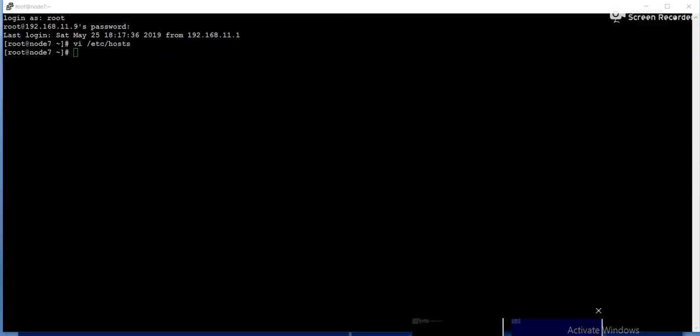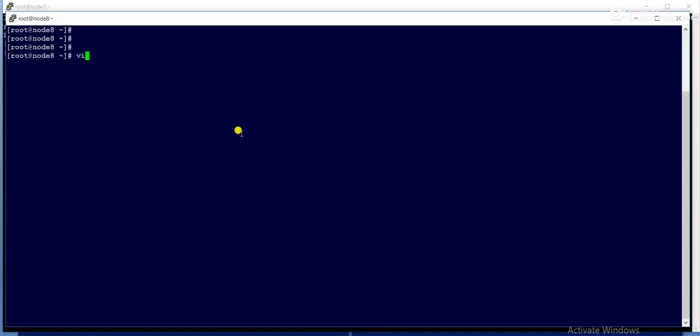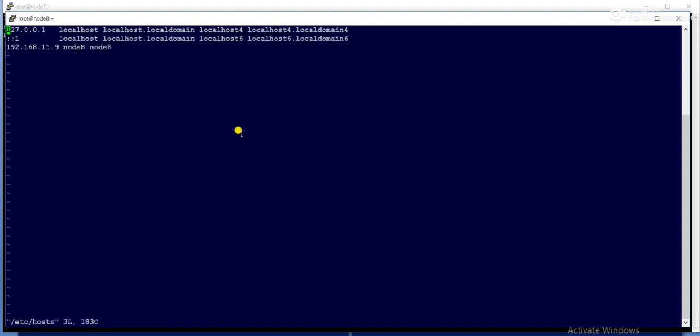Then in the worker node I will make the entry in the /etc/hosts file. Sorry, here it is /etc/hosts. I'll make an entry here. In this case, node 8 is 10.